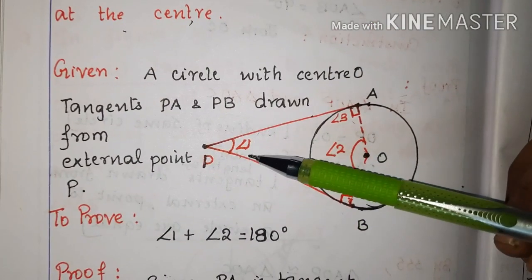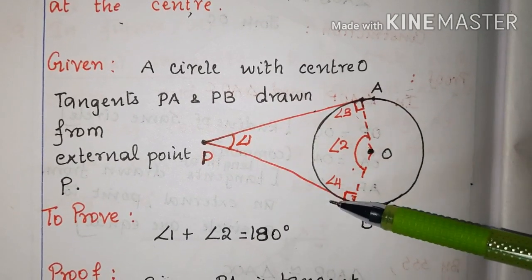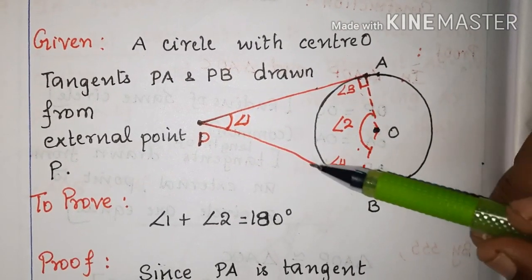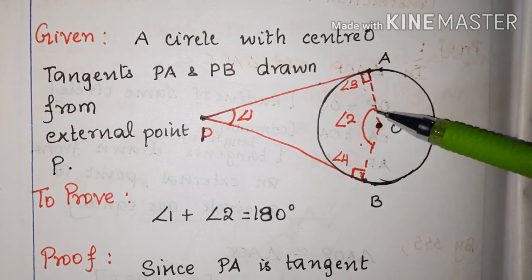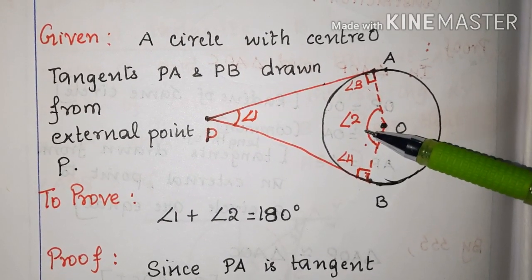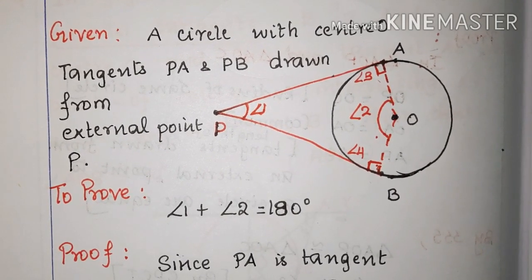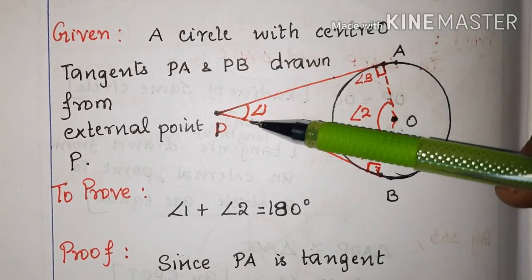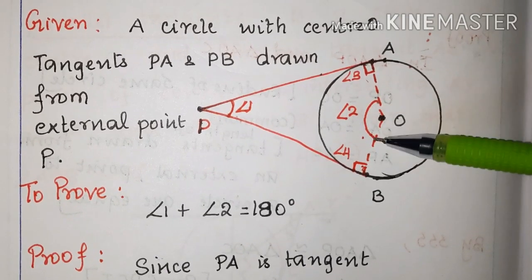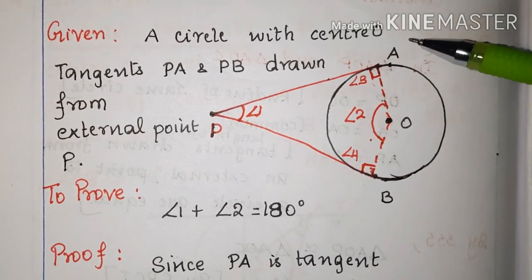And then one more proving type of sum, that is the angle between the two tangents drawn from the external point to the circle, and the angle subtended by the line segment joining at the center. So these two angles' sum is supplementary. So this we have proved. These all are important results which we will be applying while doing some other sums also. So the angle inclined between the two tangents and the angle subtended at the center, both the sum of these two angles will be equal to 180 degree.